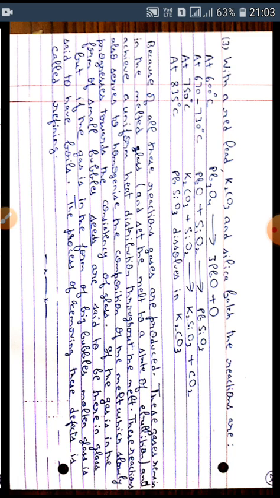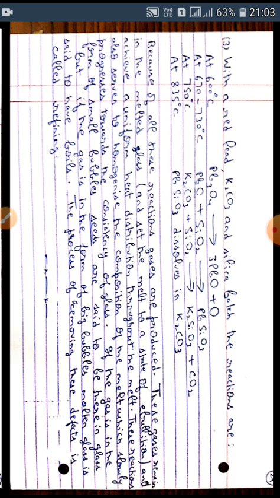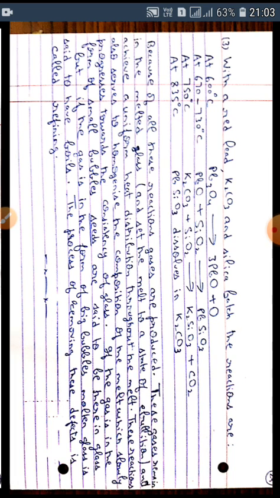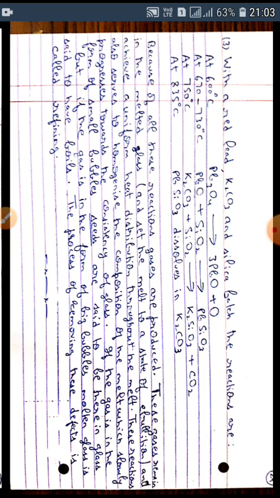Since in all of these above reactions gases are produced, these gases remain in the melted glass and they set the melted glass to a state of ebullition, that is, achieving a uniform heat distribution throughout the melted glass. These gases also serve to homogenize the composition of the melt, which slowly progresses towards the consistency of the glass.